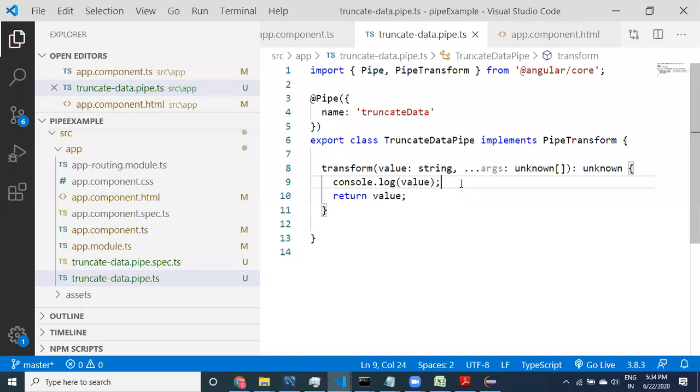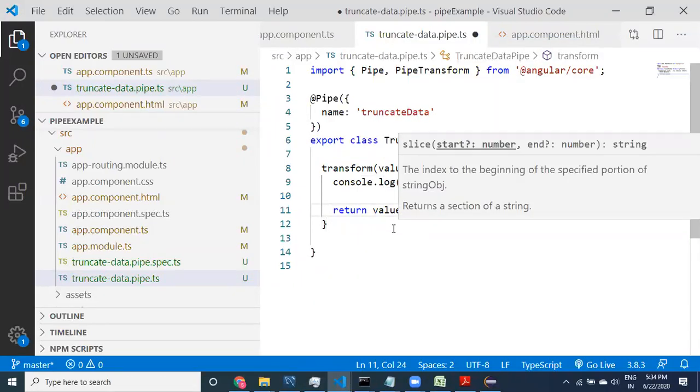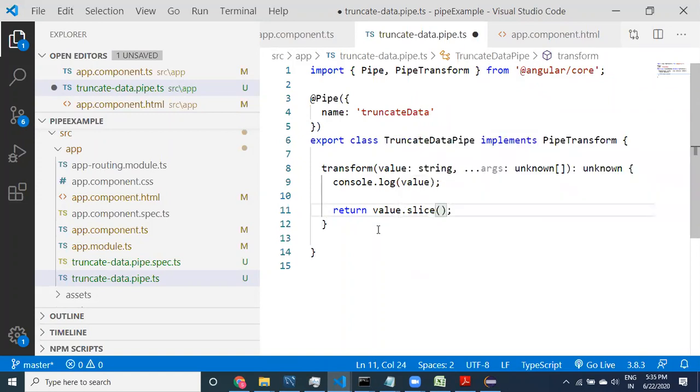That's good. But now I don't want to print all of the value. I want to print some part of the value. Whatever value is coming, we are sending as it is, but we can transform it. We can write logic over here. I'm simply providing slice. We have discussed it already, there is a pipe called slice. You can use slice for strings and arrays, like 0 comma 5, maximum 5.